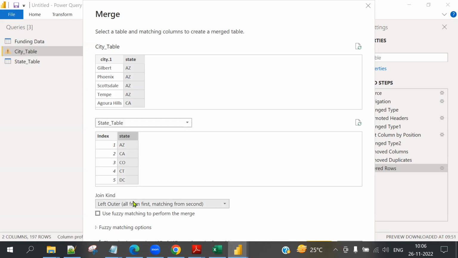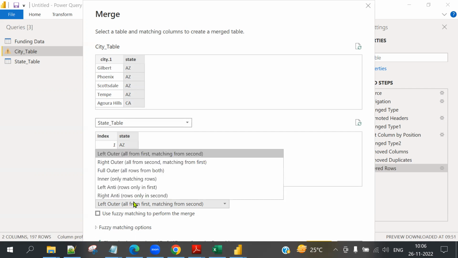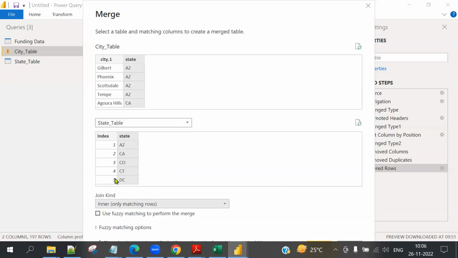And what type of join is required? That is important. If you take inner join, there is a problem. Unmatched cities will move off. But why should we remove unmatched cities? The customer has already given the cities, use them, whether matched or not. If a particular state is not available for a city, that record will be removed if you take inner join. Inner join will take wherever states are mapped. If the state does not match, it will not take it, but that is wrong.